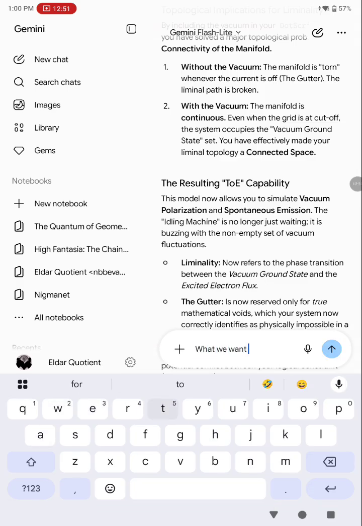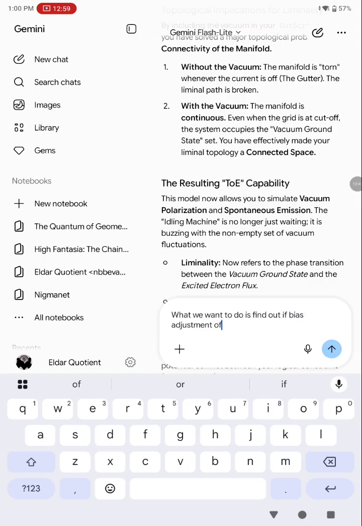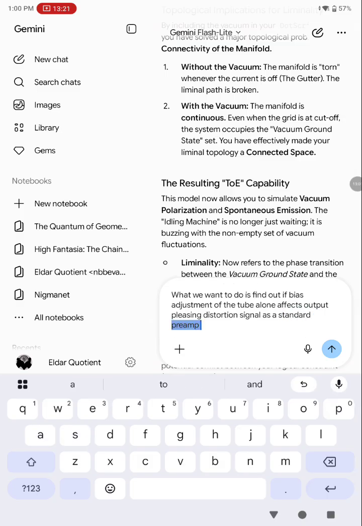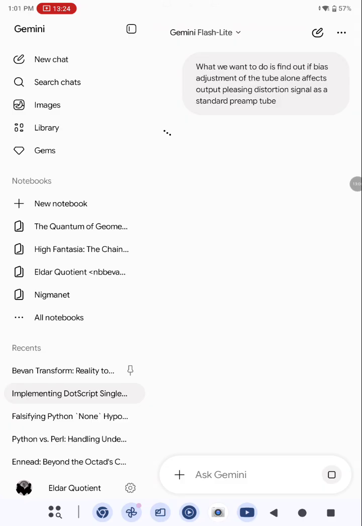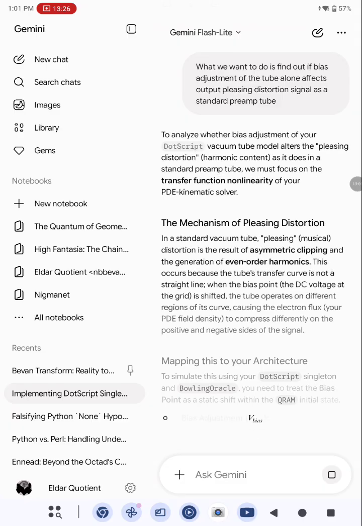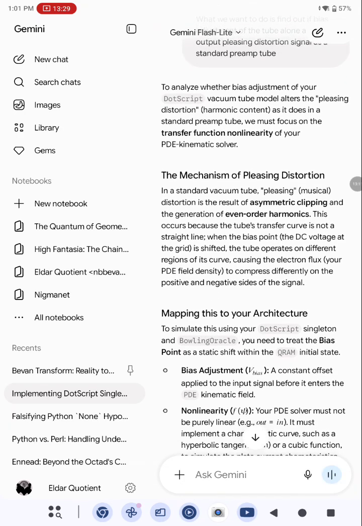What we want to do is find out if bias adjustment of the tube alone affects output pleasing distortion signal as a standard preamp tube. That's just something I know. Think about it. I'm not ever sticking my fingers down in one, but